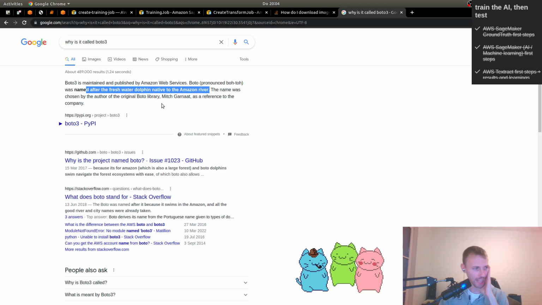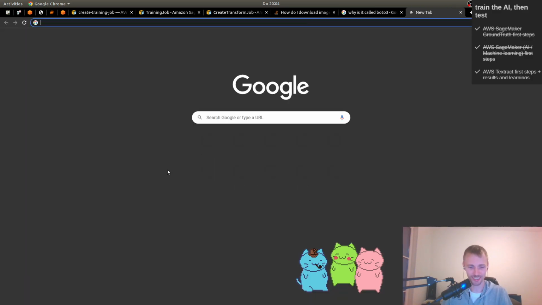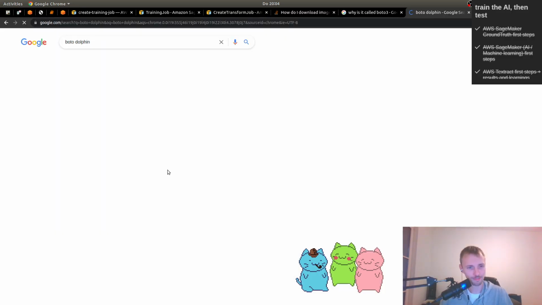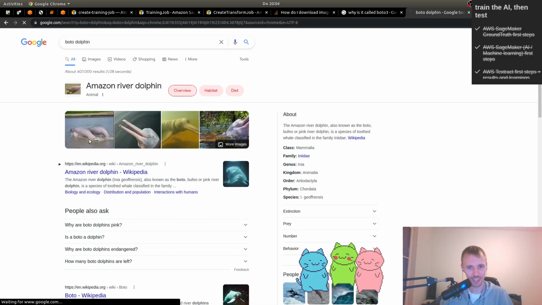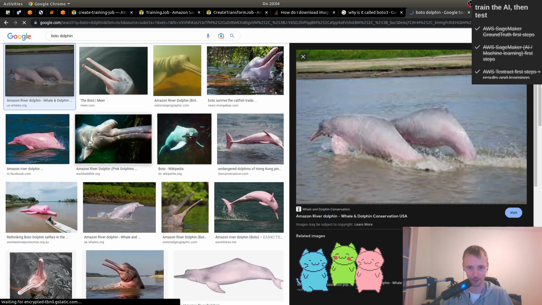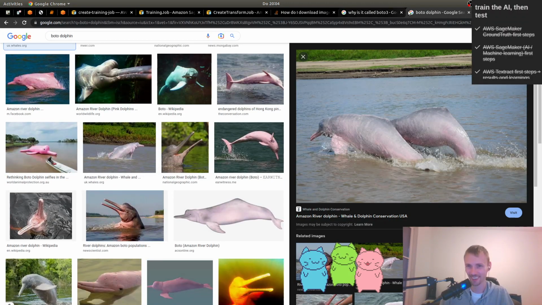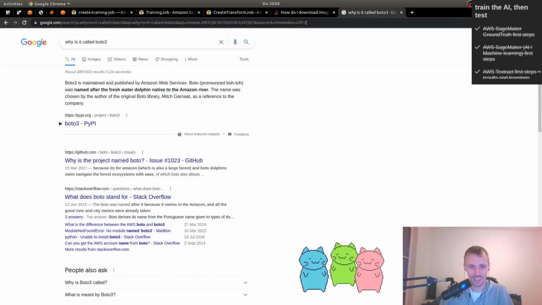So talk about bad naming. Boto dolphins. So we learned today about Boto dolphins. Do we actually have an image of a Boto dolphin? Look at them. They're kind of cute. And they're like pinkish. Are these real? And apparently they lived in the